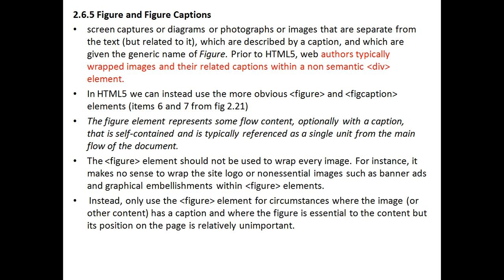If you are running JavaScript on this HTML, figure and figure captions are very important here. The JavaScript program will consider that element as a figure and figure caption as a single unit.